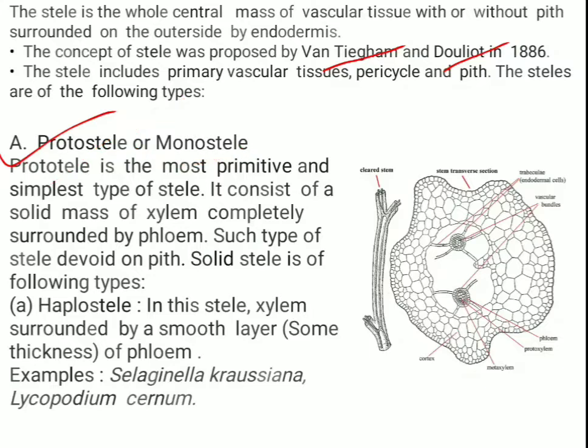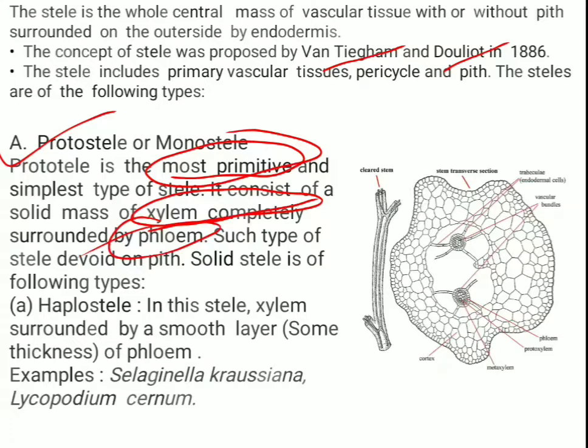Protostele is the most primitive and simple type of the stele, and it consists of a solid mass of xylem completely surrounded by phloem. Okay, in a protostele, which type of arrangement? First is the mass of the xylem and then the surrounding phloem. This simple type of arrangement is known as the protostele, and such a type of stele is devoid of